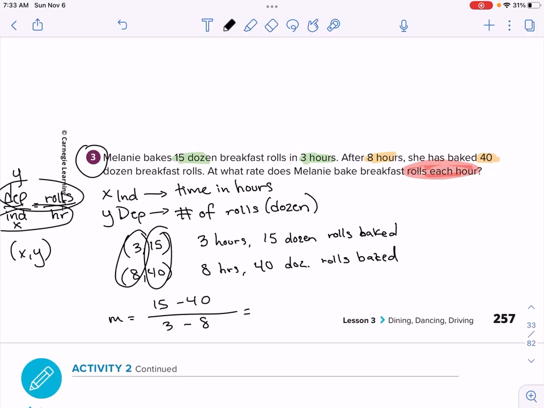All right, different signs, so you have to subtract them. 15 minus 40 is a negative 25. And then 3 minus 8, same thing, different signs, subtract, keep the sign of the bigger number, it's a negative 5. We can simplify that, we don't need a calculator. Negative divided by negative is a positive, and 25 divided by 5 is 5. So our final answer here is 5 dozen